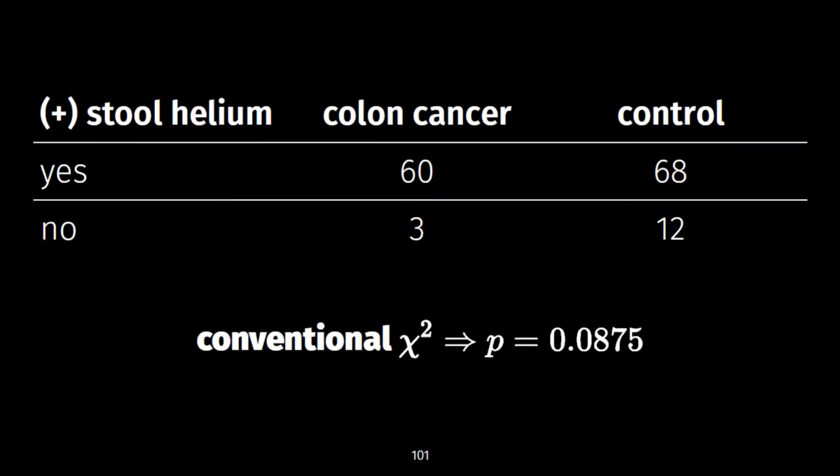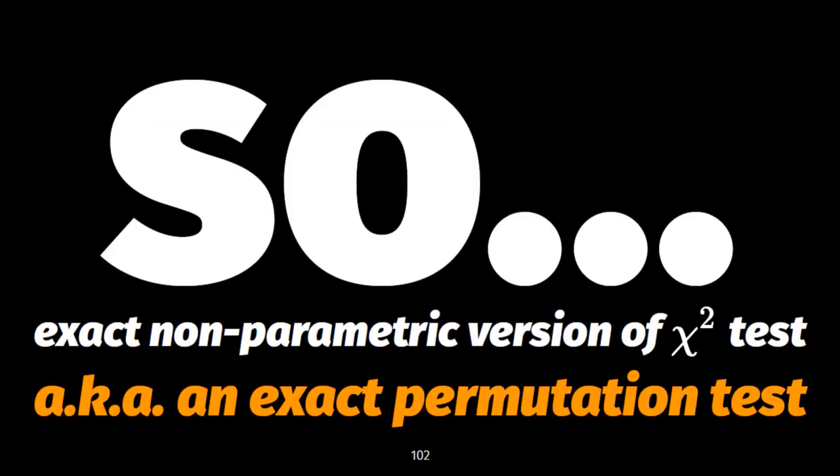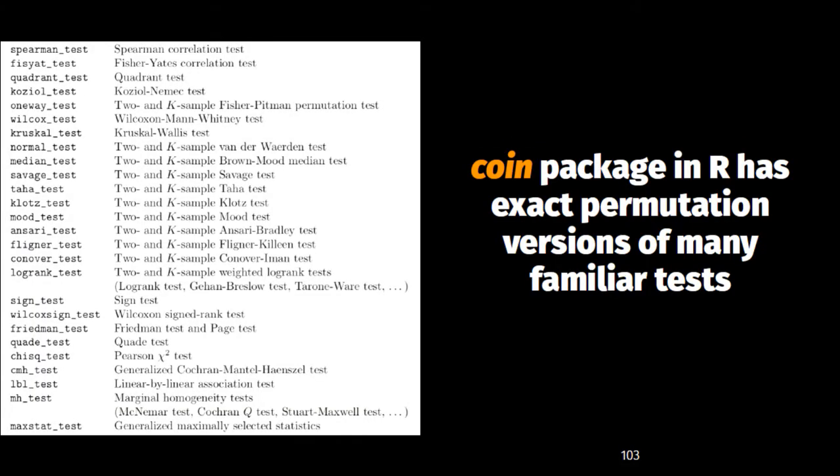If we calculate the conventional chi-square test, we get 0.087. Well, that's maybe not completely clinically significant, but if you think, well, maybe I'm using the wrong test, are there tests you could use that would sneer at the idea of sparse cells? Yes, there are. There are things called exact permutation tests. So we run one of those, and by the way, there are exact permutation versions of almost every stat you